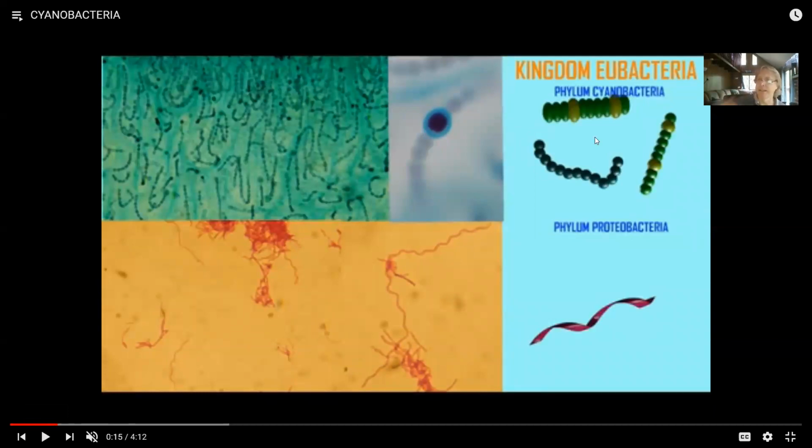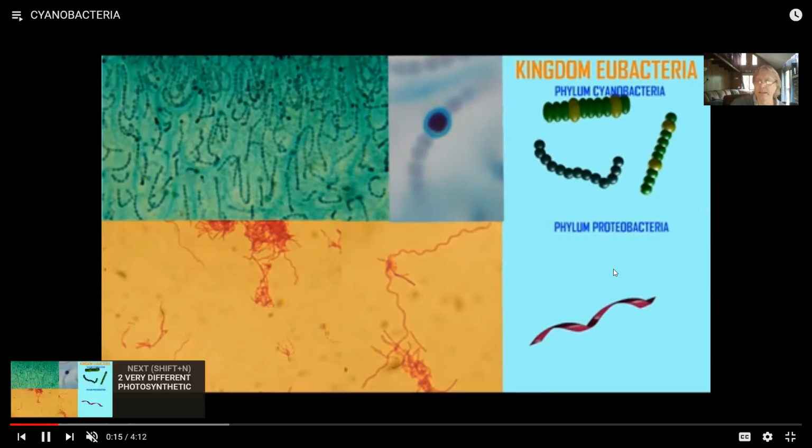So there's a kingdom Archaea, there's a kingdom Eubacteria, and just like there's a phylum Arthropoda in the animals and a phylum Mollusca for mollusks in the animals, there's different phyla of bacteria, and different phyla perform photosynthesis. So notice that here's one of those purple photosynthetic bacteria. Cyanobacteria